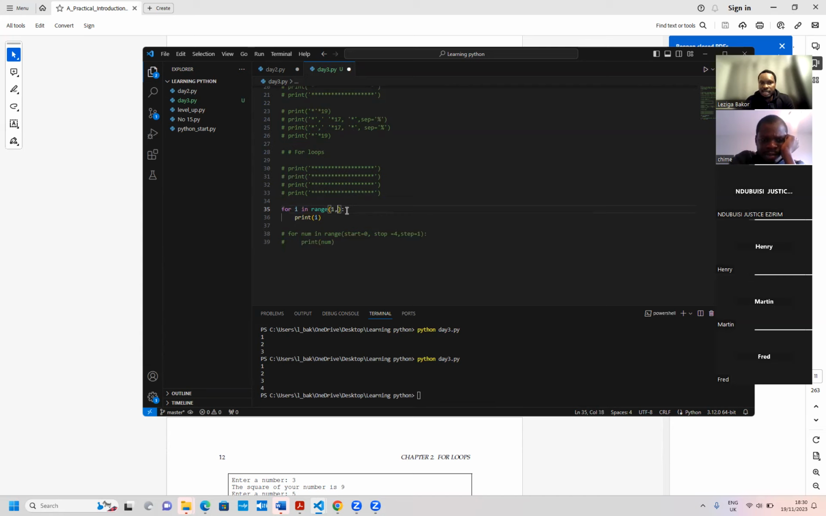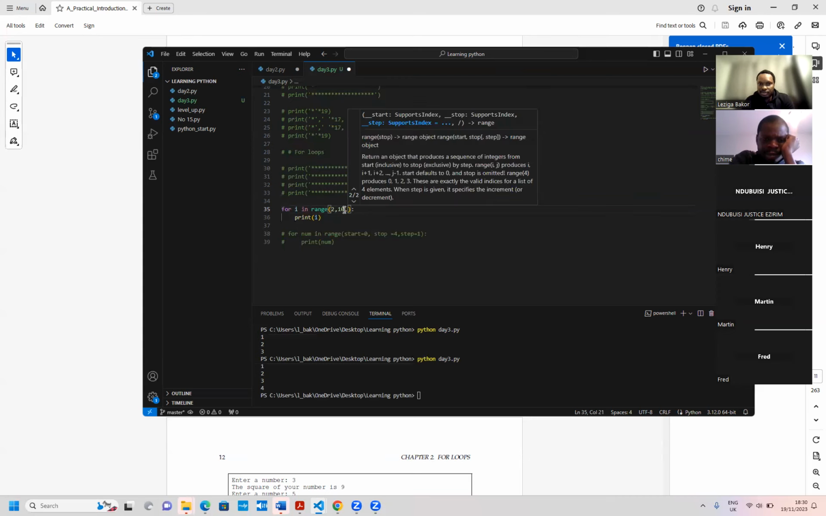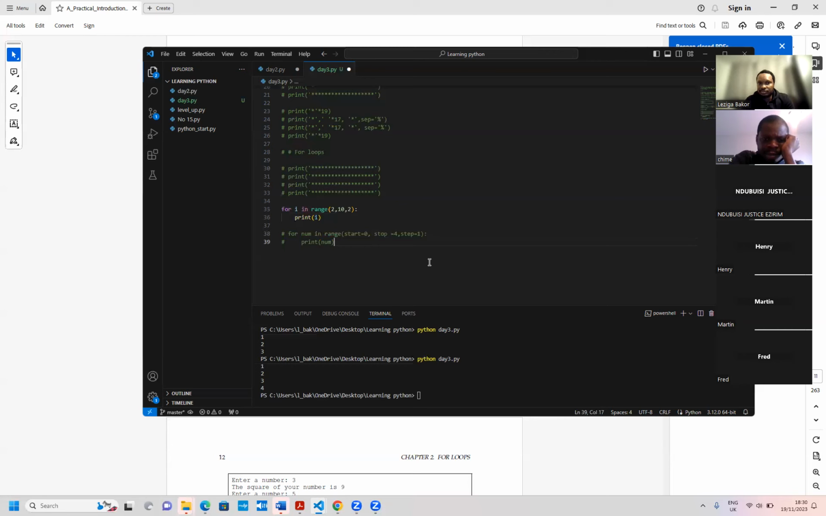Now let's deal with step. Let's increase the number to 10 so that we can understand it better. Let's remove, let's say, okay, we start at 2. Let's say we want to print even numbers from 1 to 10, right? I will then step it towards 2. Save it and run. So you see, it brings 2, 4, 6, 8, it won't bring 10 because 10 is